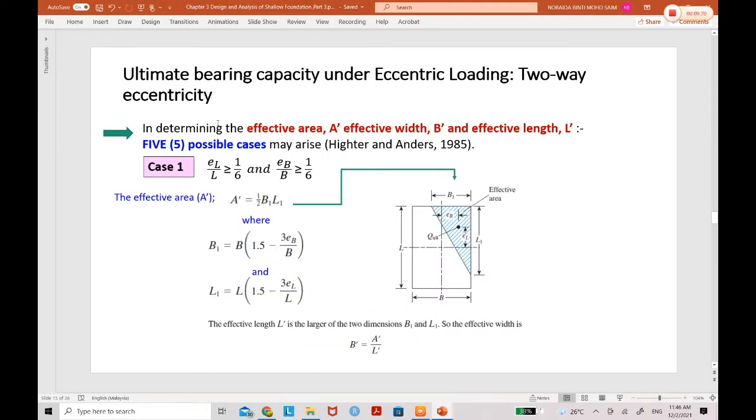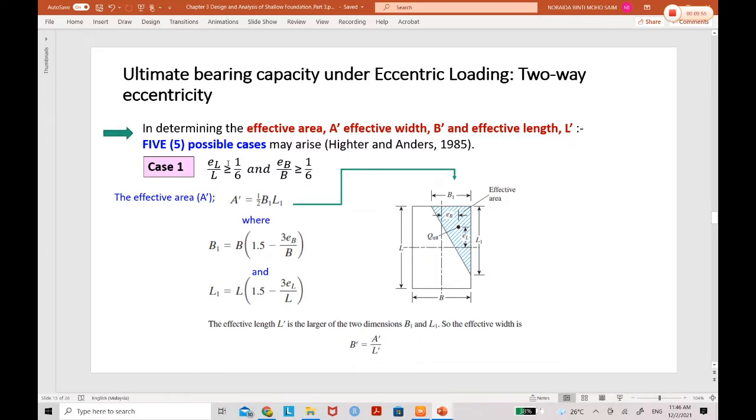Okay. According to Heiter and Enders 1985, they come up with the 5 possible cases in order to determine the effective area, effective width, and effective length of the foundation that will be used to get the ultimate bearing capacity. There are 5 possible cases that depend on EL over L and EB over B. So as you can see here, for case number 1, the condition or the requirement is that